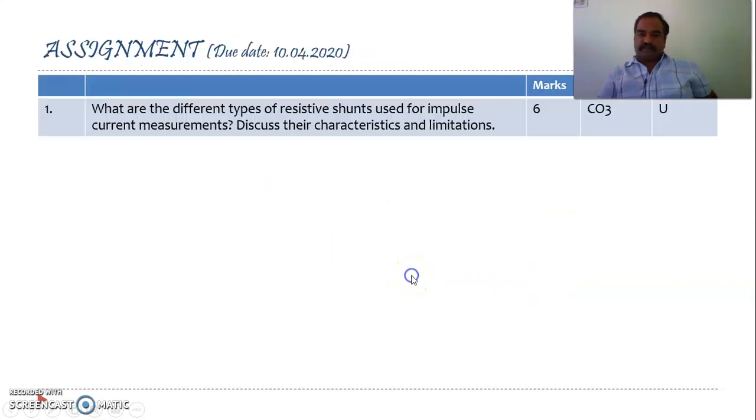So that's it regarding your resistive shunts. A quick review. There are 3 different designs. Normally resistive shunts are employed for the measurement of high currents. Particularly when you are employing them for high impulse currents, these resistances will show inductance and capacitance effects. They must be neglected, they must be minimized. To overcome that, we are having special designs: 1, 2 and 3. The first one is the bipolar strip design, the second one is the park shunt, the third one is